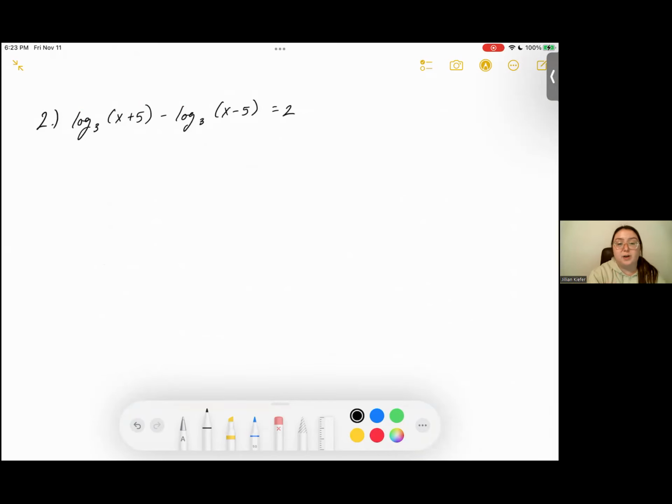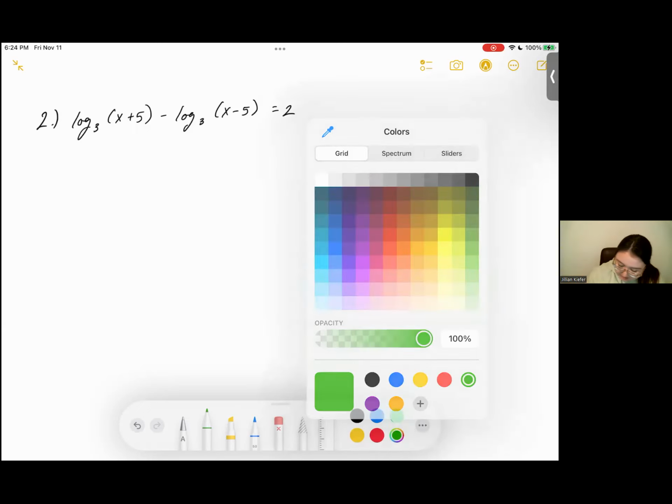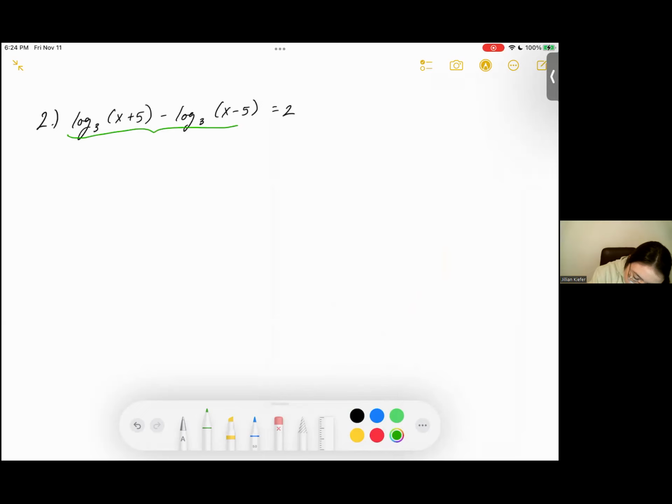If we want to solve for x, we'll need the logarithm to be in one single term so that we can take a logarithm of both sides, write it in its exponential form, any of those kind of solving ways that we can solve for x. So we need it to be in one logarithmic term, which means that we have to use the laws of logarithms. And in this case, we have one logarithm minus another logarithm, which means that this is going to be the second law of logarithms. So we can go ahead and write that out. This is the second